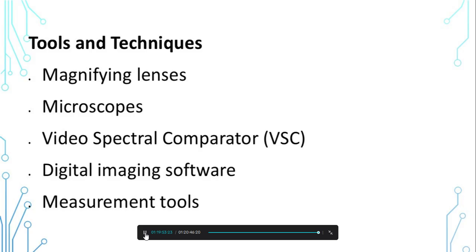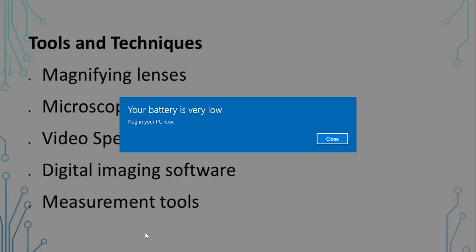Then at times you need a software. We call it a handwriting software or digital imaging software. You need a digital imaging software that can help you to analyze the image. So in conclusion, handwriting examination is a scientific, experience-based discipline grounded in